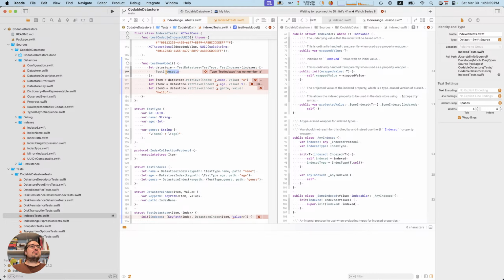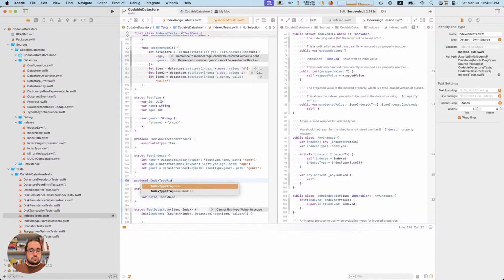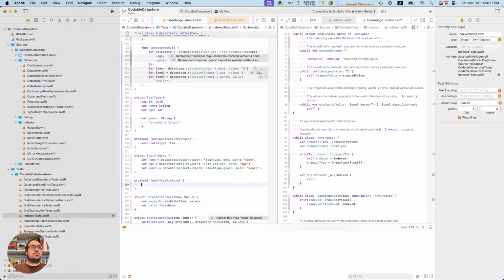We're always getting that. But since you're not able to do that, how are you solving that? Well, we're figuring it out. Okay, so this is an index. Let's say I have a protocol, index type protocol. Excellent, and all we really care about is an associated type called an item. An associated type lets you use that protocol information. So here we can go ahead and specify.